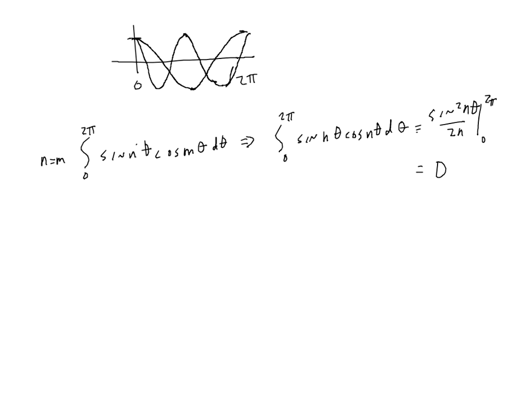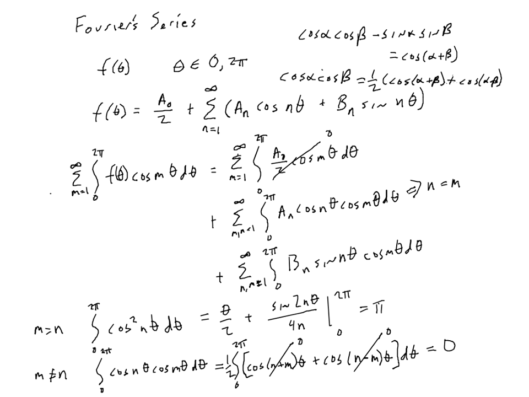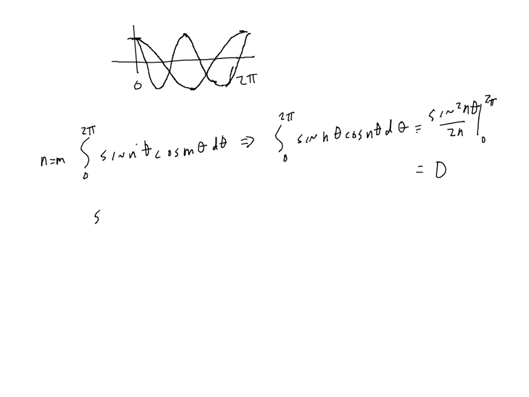So that, even if n and m are the same, that's going to give you 0. If n and m are different, then you still basically have these two periodic functions and you're multiplying them together, then you're still going to end up getting something that's going to be periodic. And you can do that whole thing like we did up here, but instead of this cosine times cosine,